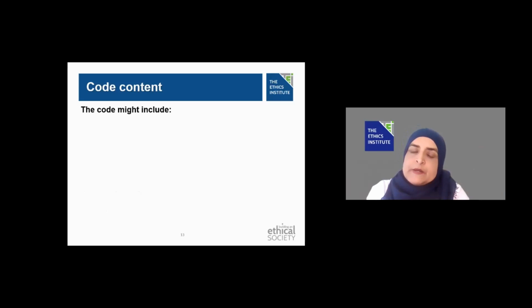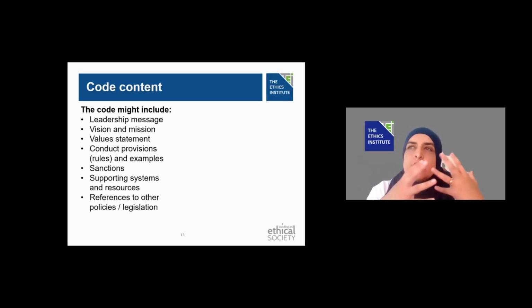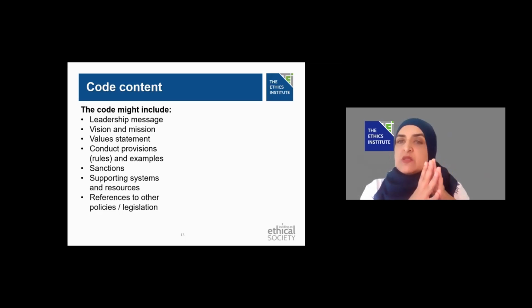Now, the content of the code will vary from organization to organization. And I want to encourage you to be creative in this process as the drafters, because again, you know your context. But there are some key elements that traditionally one would cover in a code of ethics. And again, as we share this with you, I want to bring your attention back to the importance of the ethics management framework that we shared with you, because your leadership commitment is so important. Having your code start with a leadership message is critical, because it shows that it has leadership support and buy-in, and leadership is setting the tone.